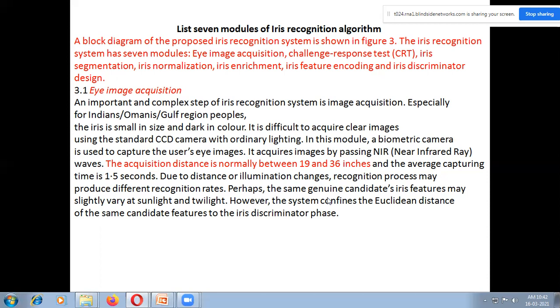Perhaps the genuine, meaning the same person giving the eye image, features may slightly vary in sunlight and twin light. Sunlight outside, twin light inside the office. However, the system confines the Euclidean distance of the same candidate features to the iris discriminator phase. This is eye image acquisition.